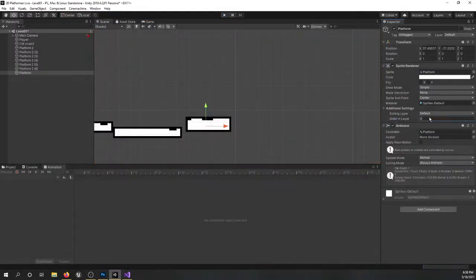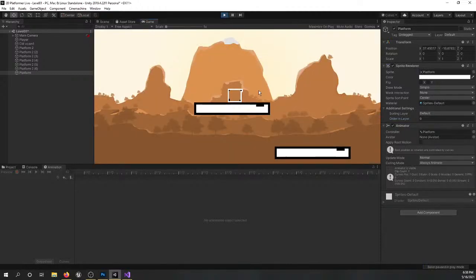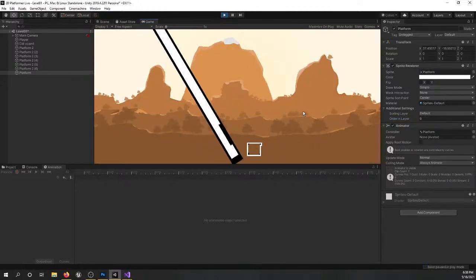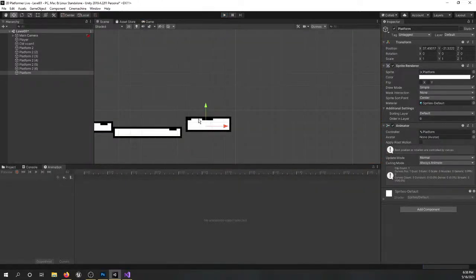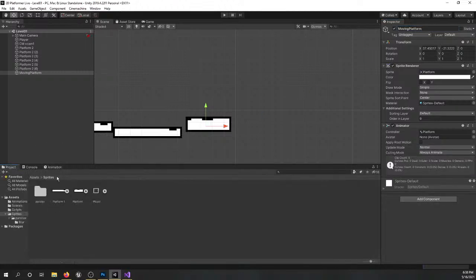Oh yeah, I forgot that has to be 9 on the layer. So I put an order layer 9. Now it should work. But I died before I got to get on the moving platform. That sounds better. Now for this project,